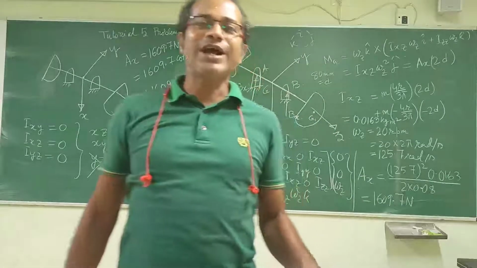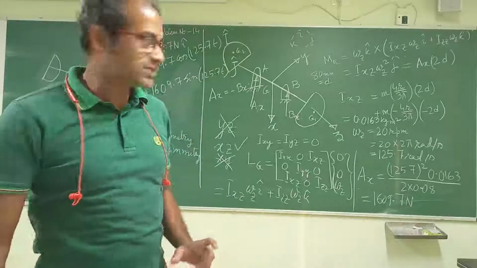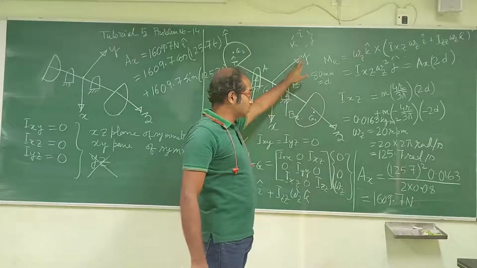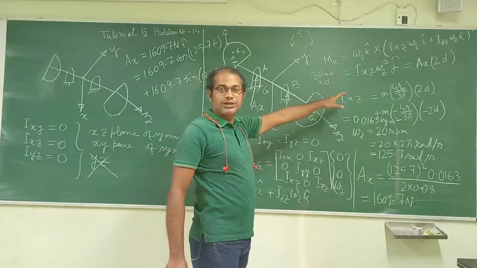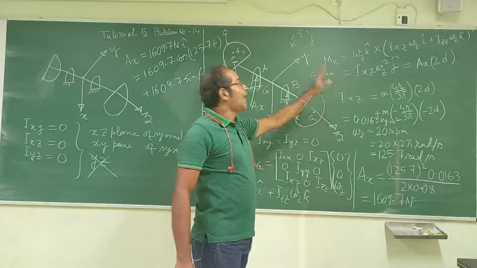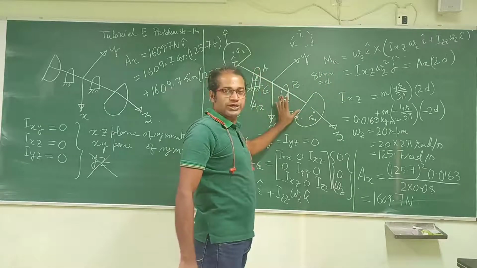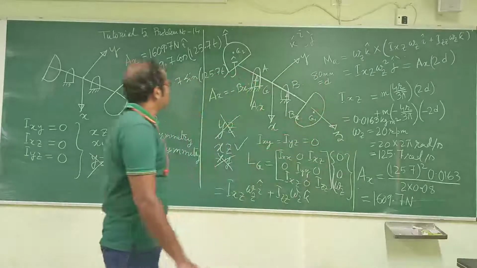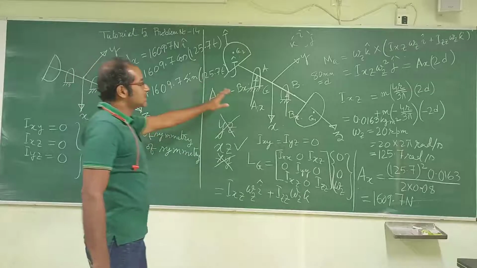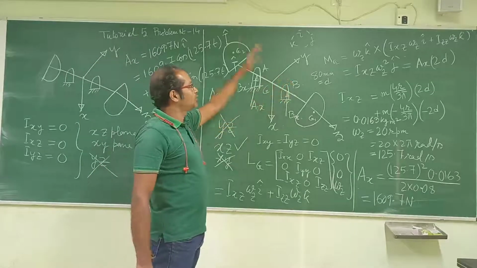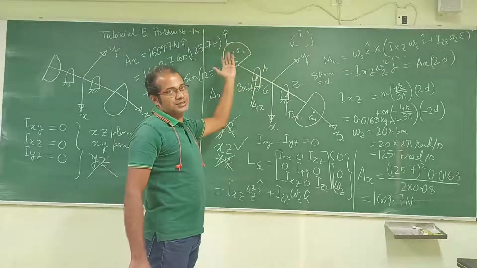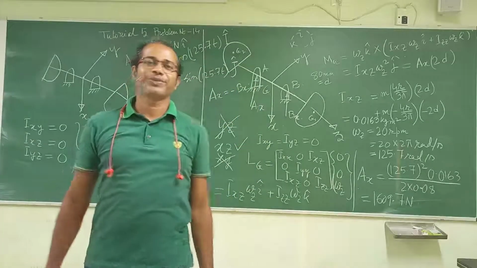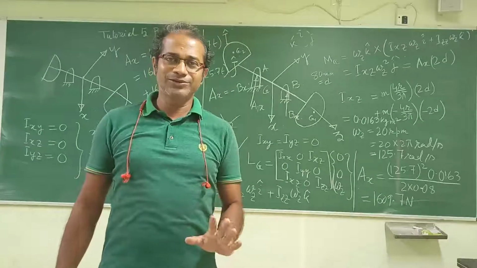So now are you understanding what a body fixed frame of reference is? Yeah, we have used the body fixed frame of reference. With respect to that, I have derived the moment and calculated the support reactions in the body fixed frame of reference. Now when I come towards the inertial frame of reference, I have to convert those forces to the inertial frame of reference. Yeah, it is clear now?